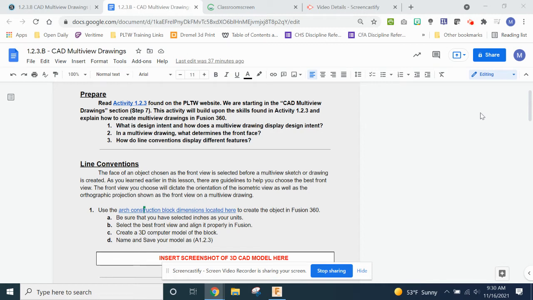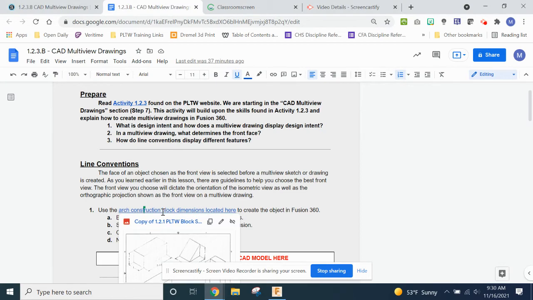All right, y'all. So the next thing that I'll do is I'll show y'all how to create this CAD block real quick, if you want me to. We'll do it using the primitive forms. That's the easiest way to do it. But you are going to need the dimensions that are located right here. So, if we look at our dimensions,